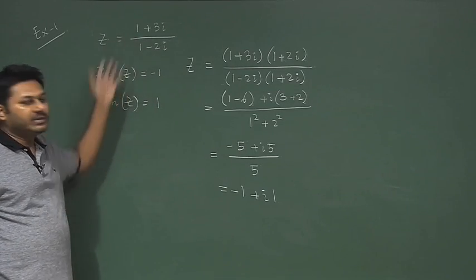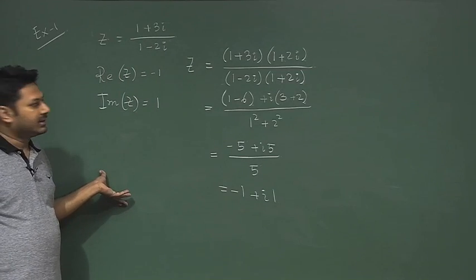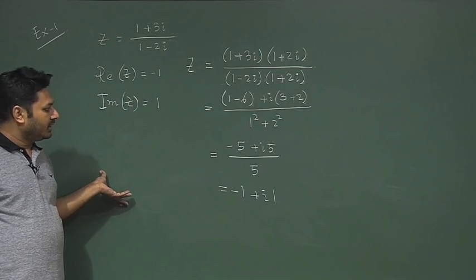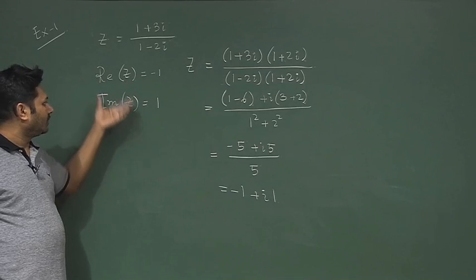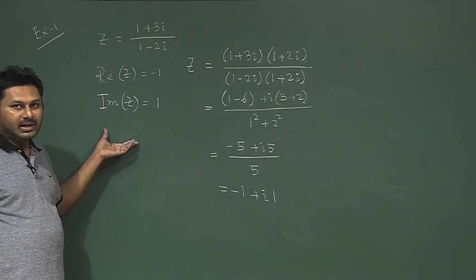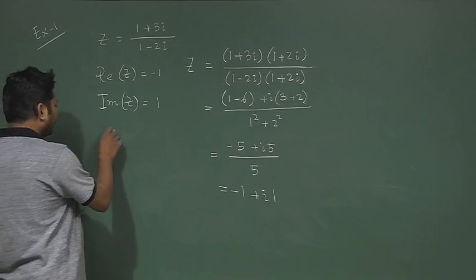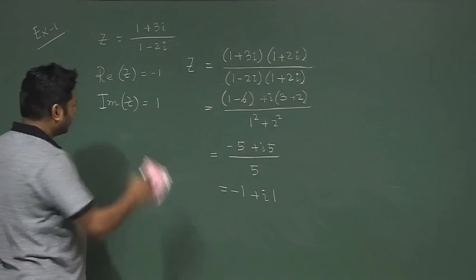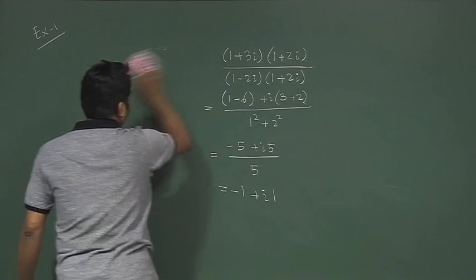So, now you can expect this kind of different form, and for a different form you have to calculate how the real and imaginary parts are there. If these things are multiplicative, then also you can figure it out. For example,